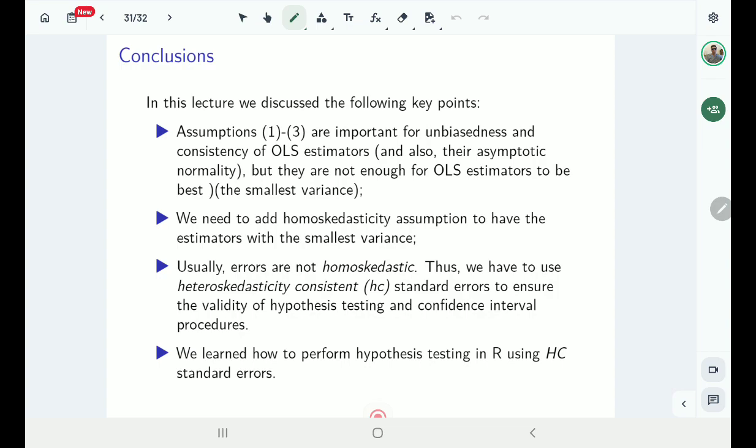Okay, conclusions. In this lecture we discussed the following key points. We said that if you have the first 3 assumptions, then you are going to get unbiased and consistent OLS estimators. Also, they are going to be asymptotically normal, so the CLT applies. But these 3 assumptions are not enough for the OLS estimators to be the best, to be of the smallest variance among all linear estimators. So we need to add the homoscedasticity assumption. If you have these 3 assumptions plus homoscedasticity, then you are going to get BLUE estimators, best linear unbiased estimators